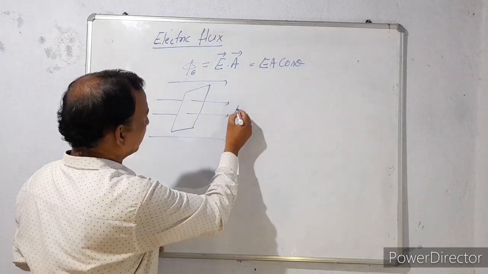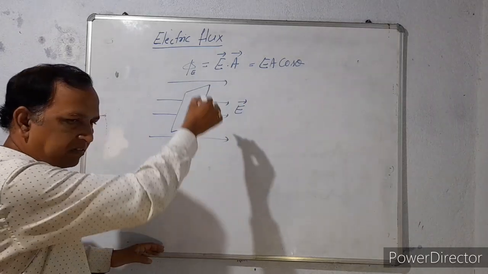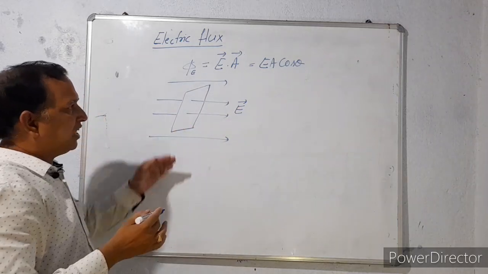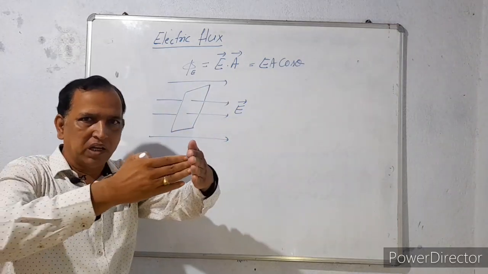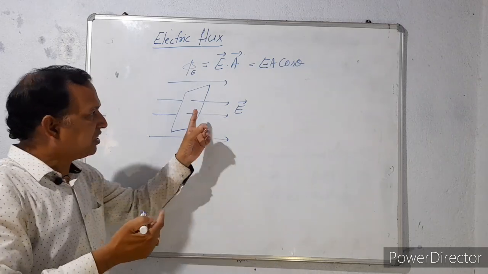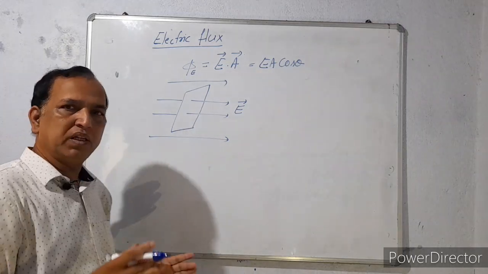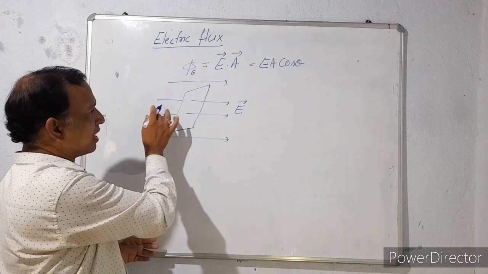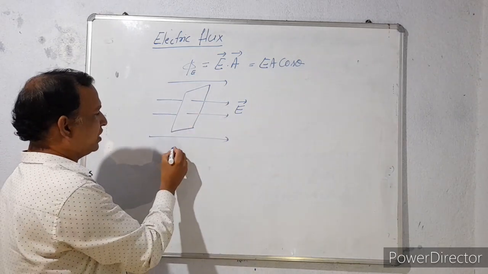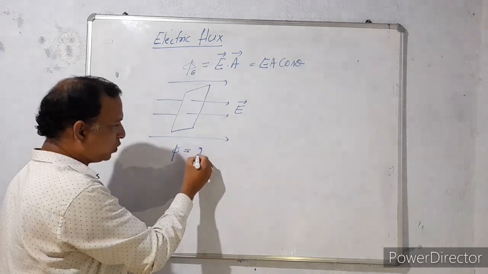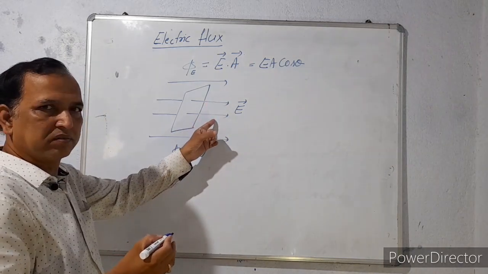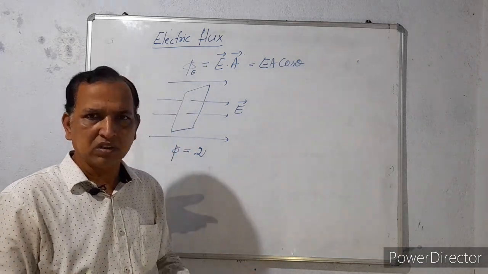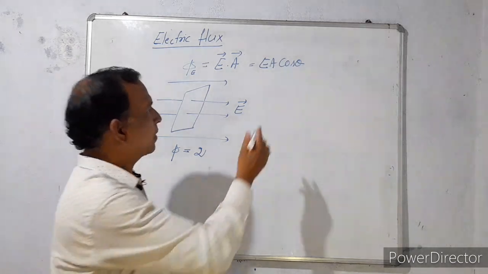So this is the electric field lines of force. So this is area. So the electric field lines passing perpendicularly to the area. So in this case, what is the value of the electric flux? There are two field lines passing perpendicular through the area. So here value of electric flux is 2. Only two lines. We know that if the lines of force are more, the field is strong. So in case of strong electric field like this,